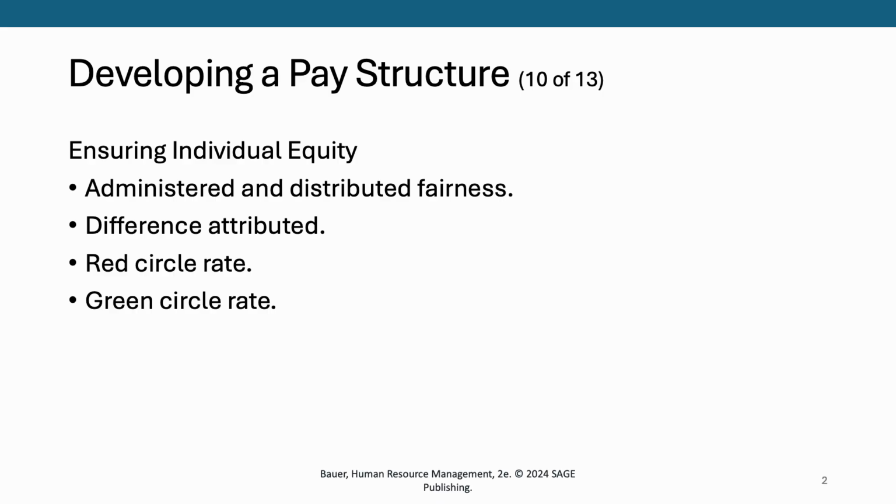Obviously, there are going to be differences in that pay range between individuals based on how well they perform and how senior they are. The longer they are with the company, the more money they will make. And some people have more experience when they walked in the door than others.